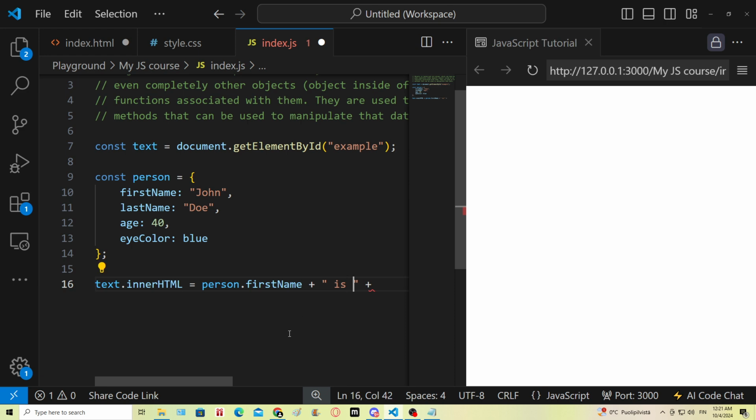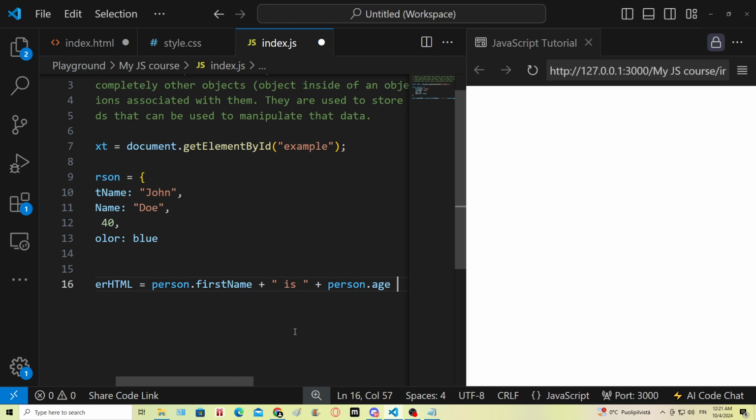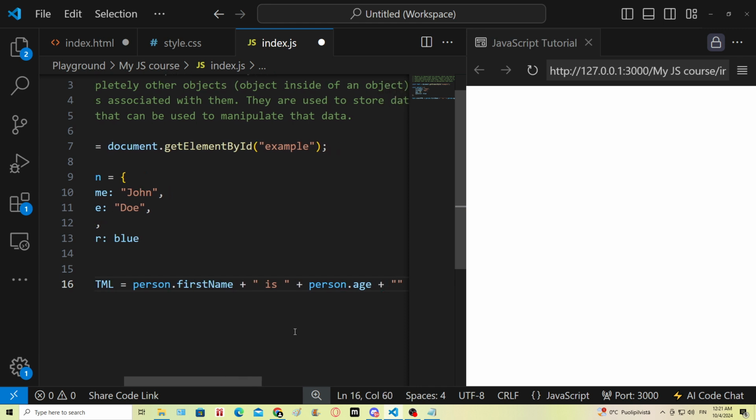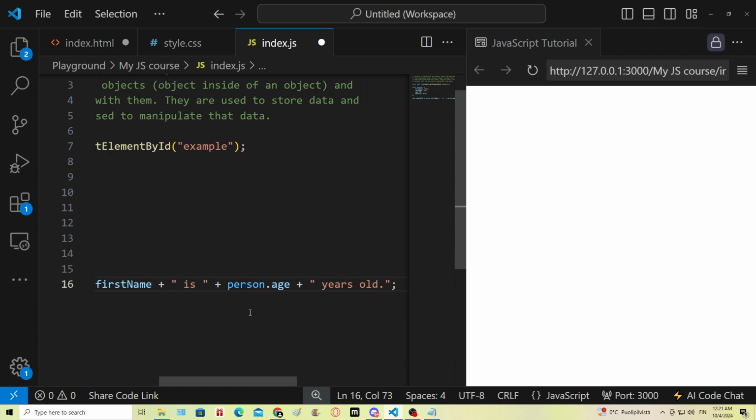So this is called string concatenation. We are adding strings together. Person dot age plus years old, and